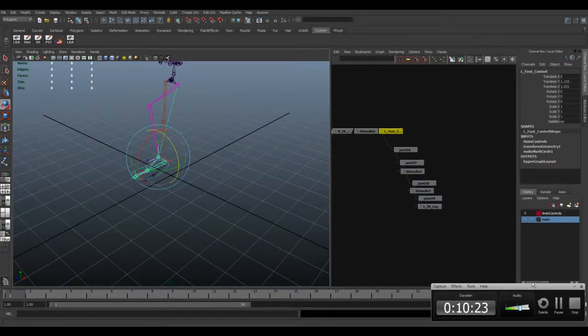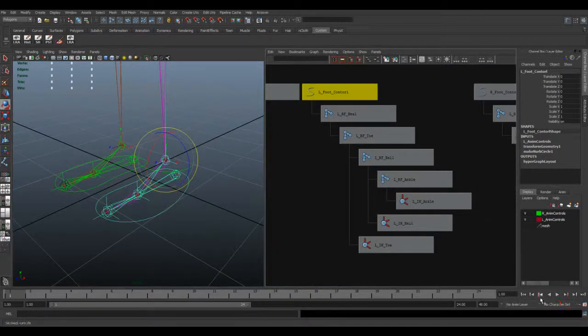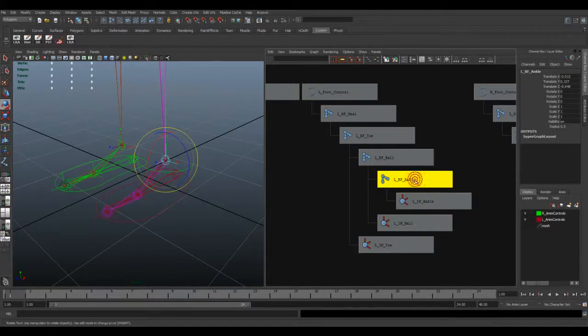So I'm going to open up another scene now. Okay, so what you can see now is I've just named these in this extra scene, and we've got a situation here with the IK handles. You can see here I've named them left foot control 1 and left underscore RF, which is the heel, and then the toe and the ball and the ankle. And you can see here I've named them left underscore IK, which is for the IK handles as well, which basically correspond to the rotation of these particular